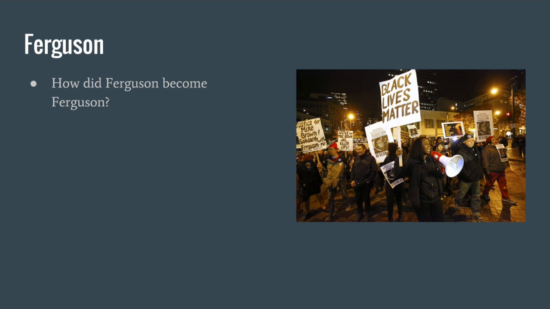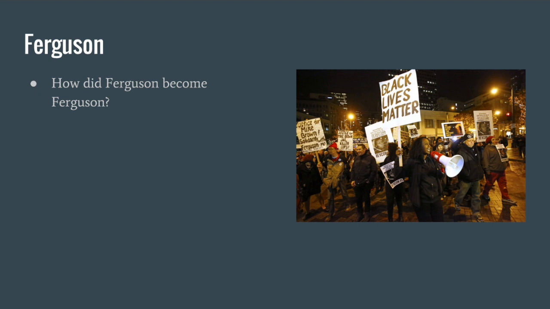To go backwards a little bit, in the 1930s, white Ferguson had separated from their black neighbor, forming their own town. Sorry, I kind of put that out of order. But in the black town, which was called Kinloch, they had very high concentrated poverty and poor schools, while Ferguson had the opposite. They had very little poverty and very good schools. But again, Ferguson did all they could to keep African Americans out, restrictive covenants, and so forth.